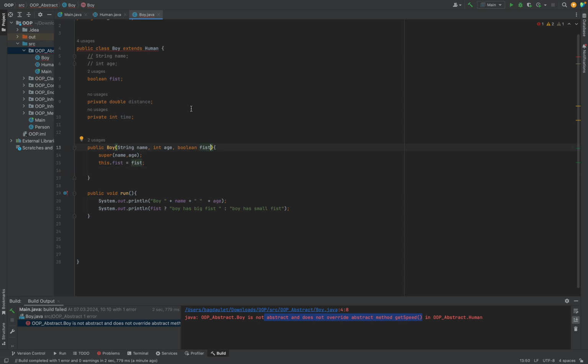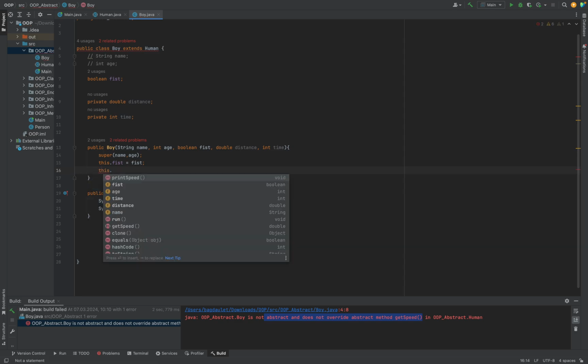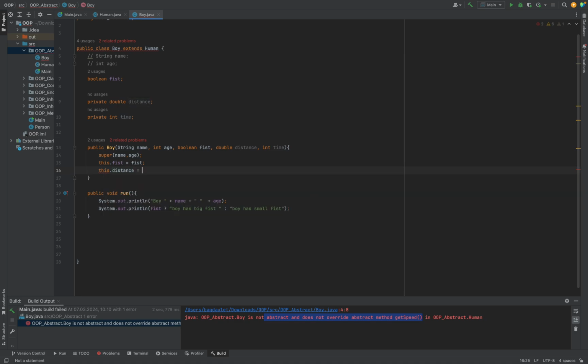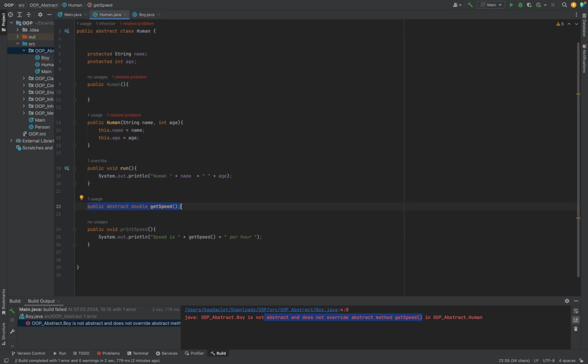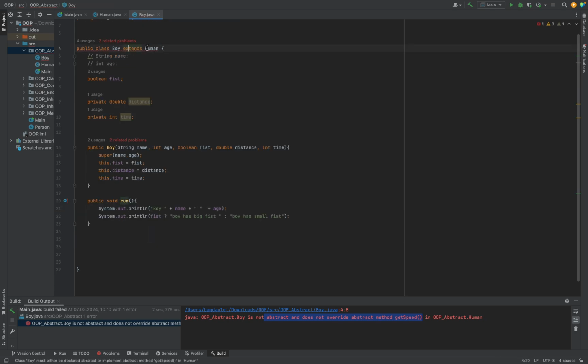Here in my constructor, I need to add these properties, distance and time. Consequently, I need to write the setting methods for distance and time. And here I need to override my abstract method, which is mandatory since I inherit from my human class,